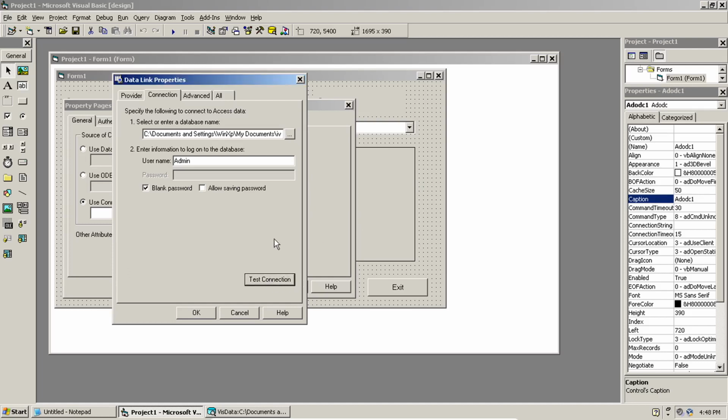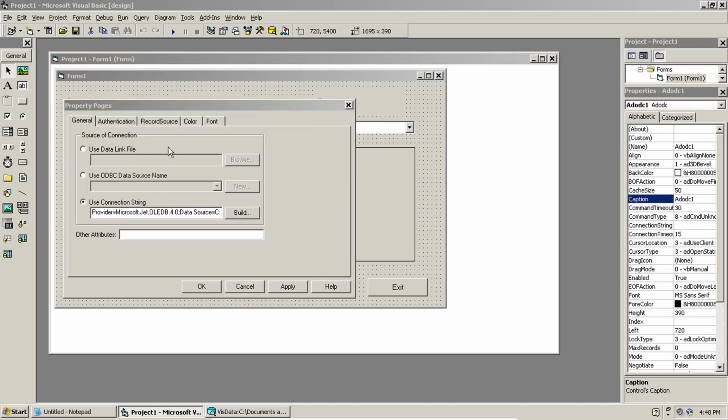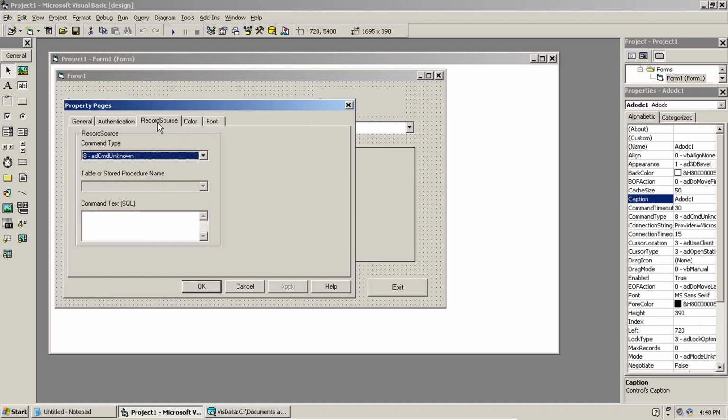Connection succeeded. Then go to the record source and go to ADCMD text, and here it is: select star from lib. Please note that there should not be any semicolon here at the end. It is just select star from lib.